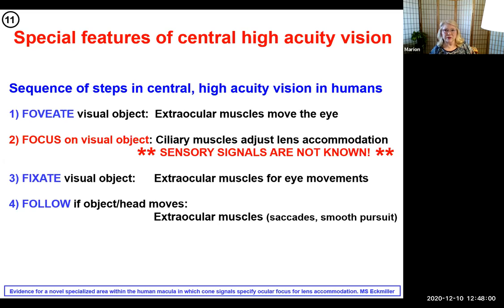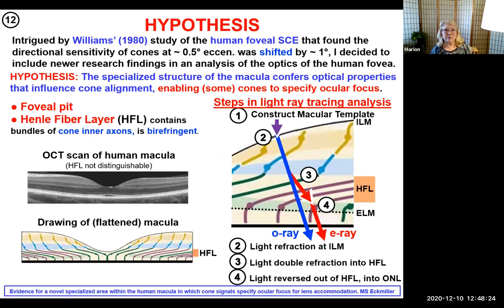So I was trying to understand how cones align. And what I have sort of stumbled upon, I believe, is how the eye focuses. One knows that cones in the fovea are probably involved in this. And I have found that there is a subset of the cones in the fovea that are able to do this.